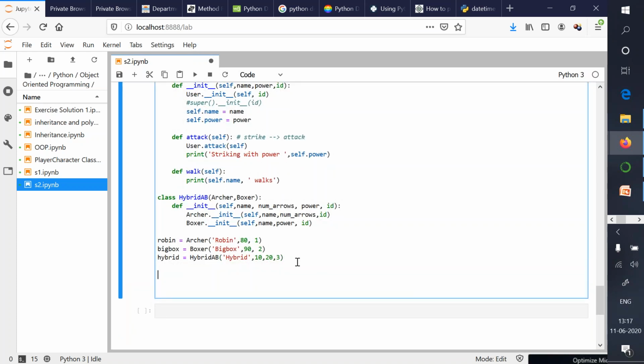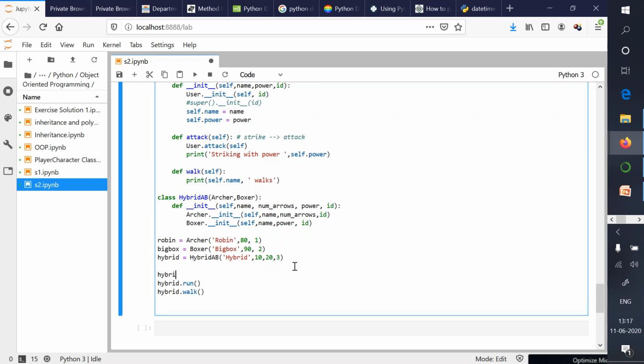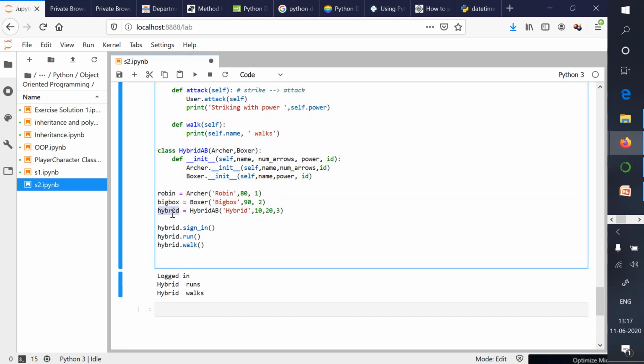But let's experiment with whether this hybrid can run as well as walk, as well as whether it is able to sign in. So if I run it, you'll see this hybrid player has got all the abilities.